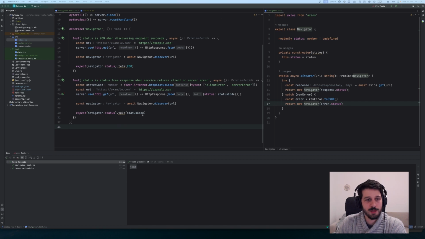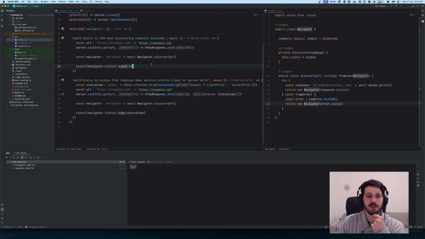Quick recap. We are trying to test drive an outside-in HAL JSON navigator, and where we got off last time was that we have defined a little bit how we want to talk with the navigator. We want to call discover on an endpoint that, if it succeeds, will give us the status code of 200 if it was a successful response, or if there is any client or server error, where we used fake HTTP status codes here for client and server error, it will